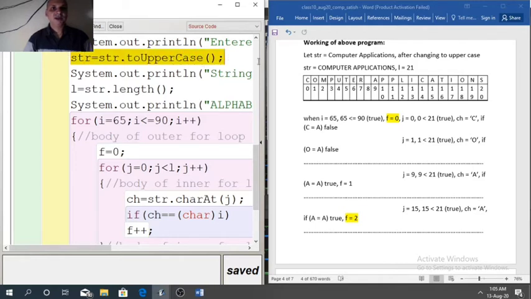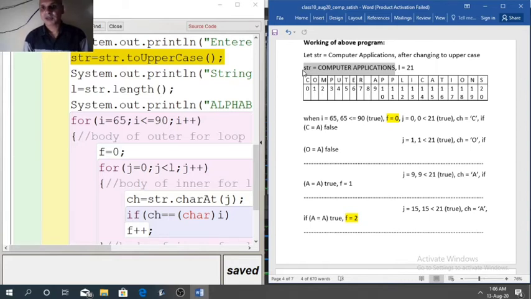After this statement, we will get str in capital letters. Then L will store the length of str. So here length is 21.